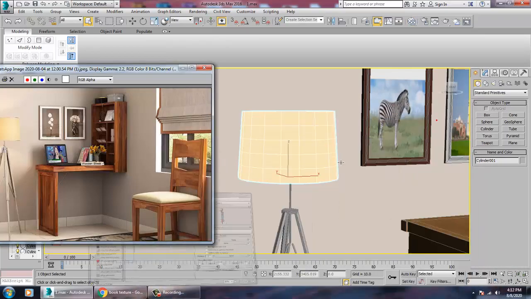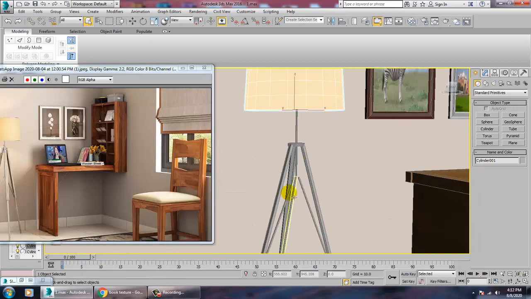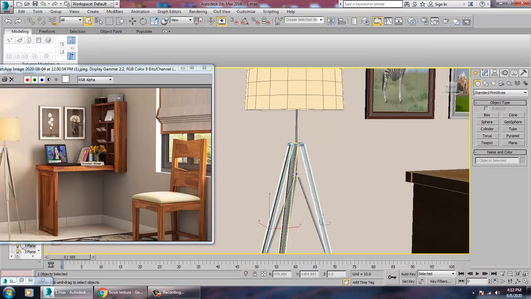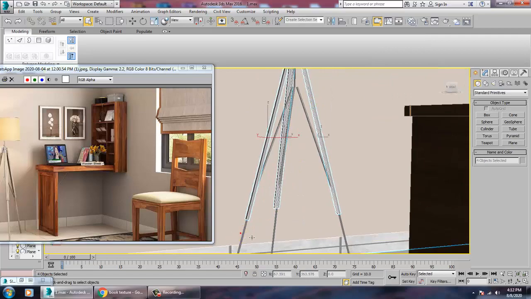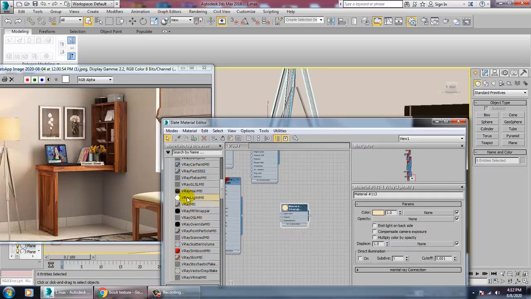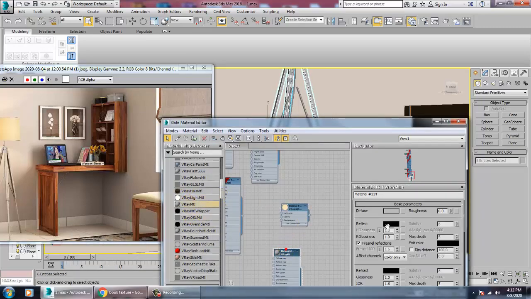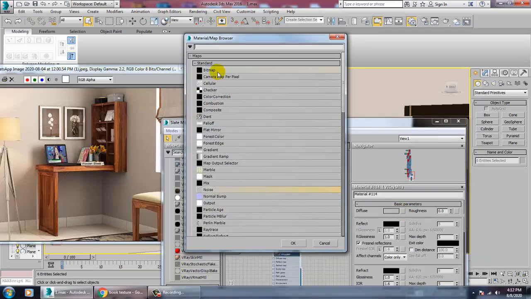Select this and this and this. Let's go into material. We also have one wood material, plain wood. Take a bitmap.